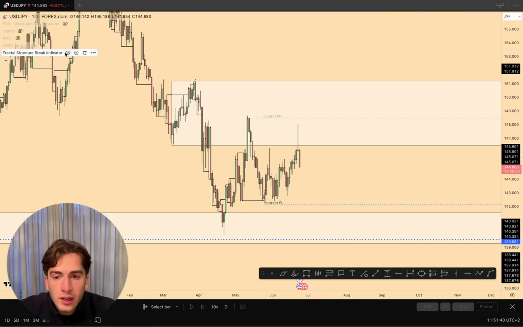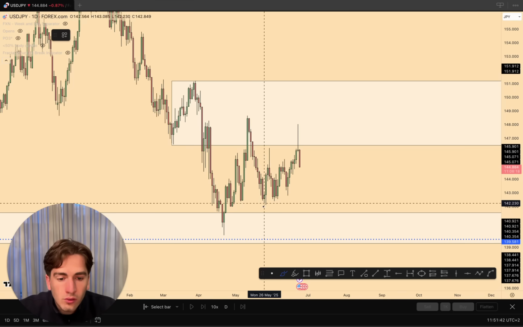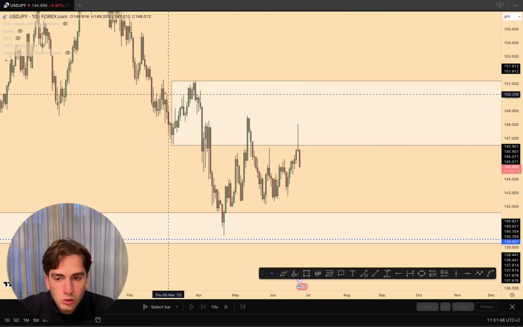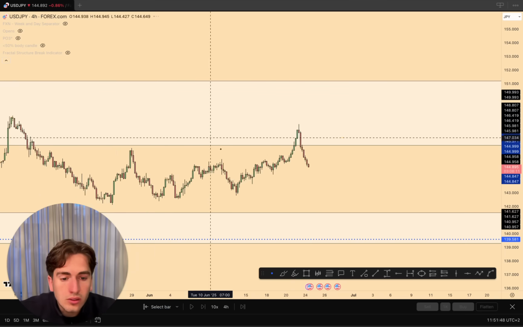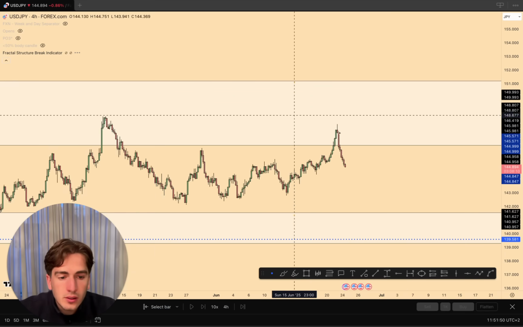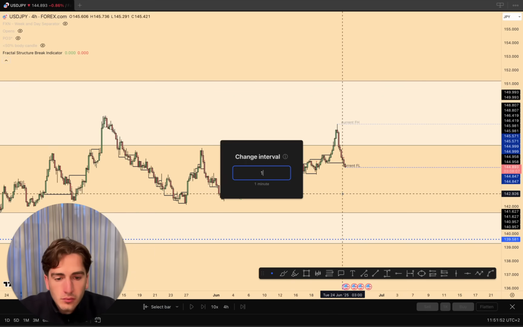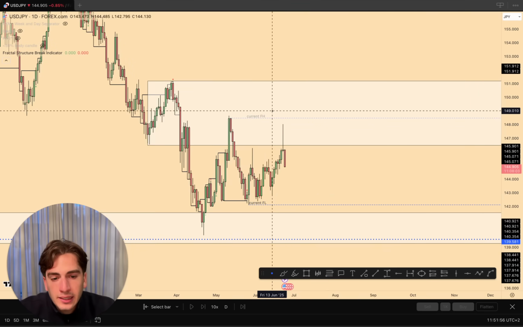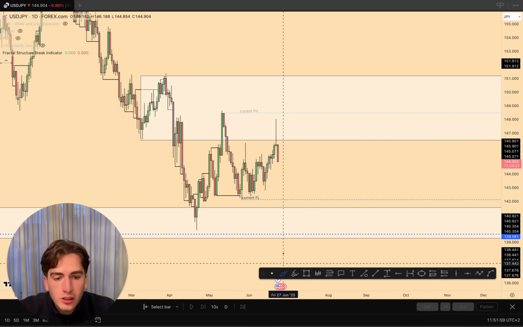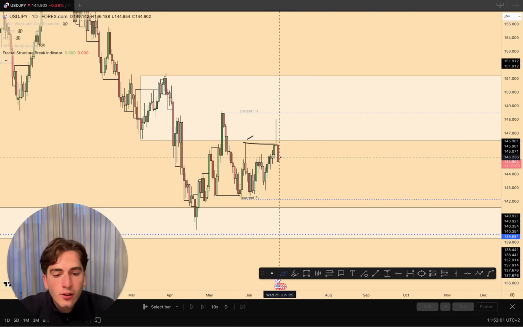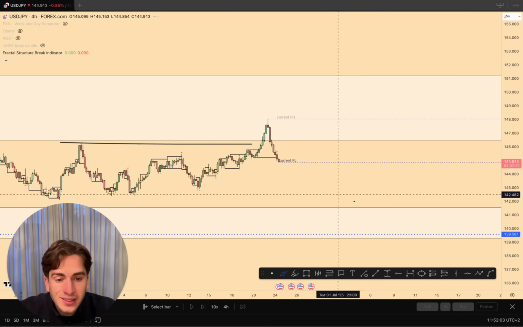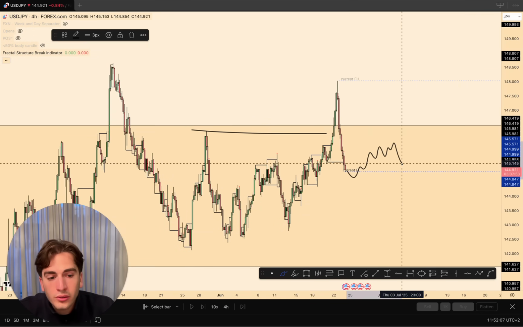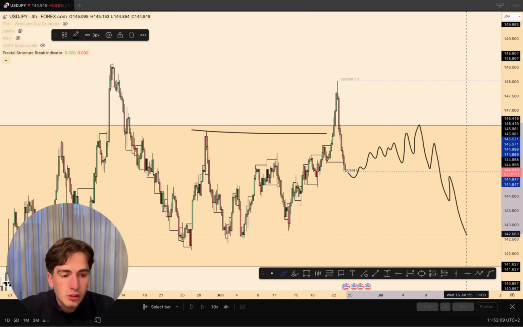So I still see there some potential for dollar yen shorts. Also, what I like is that we have all of these ascending lows over here. So I'll be looking for some further shorts on dollar yen in towards the end of this week. However, the thing now with dollar yen is that the daily fractal structure is very messy. Yes, it is bearish, so we've now retraced up higher, taking out this liquidity high. 4-hour fractal structure is now in line with the daily fractal, also bearish. So once we start seeing some form of a retracement, some cleaner price action, then you could look for some shorts again